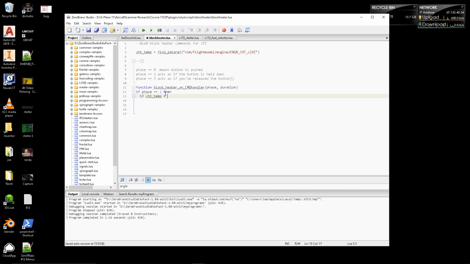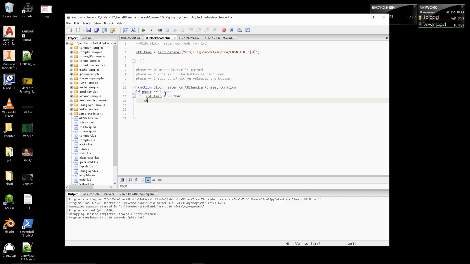So you could get really codey with this, with math and stuff, and give it a value that's based on the actual air temperature. And it's like, well, if it's 15 degrees Fahrenheit out, then you can only get it up to about 50 degrees. But if it's 30 Fahrenheit out, you might be able to get it up to 75 degrees. We're not going to get that crazy with it. We're just going to say, look, the block heater is going to work until it warms the engine up to, let's say, 90 degrees. So if cylinder head temperature is less than 90, then